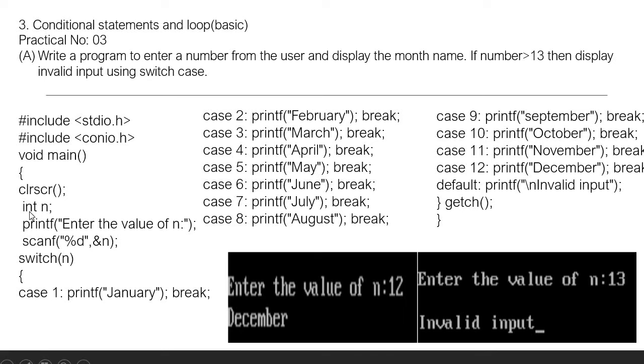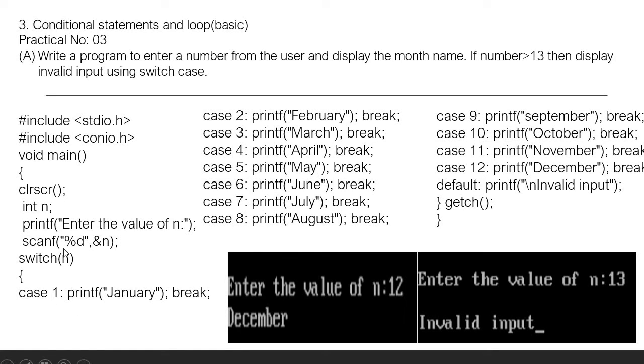Over here we are assigning the variable n, and through the scanf function the user is entering the value for the n variable, that is a number between 1 and 12. Now this number gets stored within the switch case, so that whichever number the user is entering, switch will pass this number to the matching case. So over here you can see I have used a total of 12 cases.